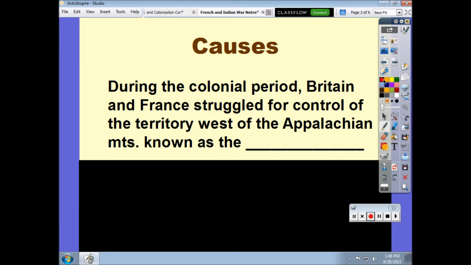They were using it at the time primarily for fur trapping of beavers. But for a long time the English really thought of the Ohio River Valley as their own. If you look at some of the older maps of the colonies, you'll see that Virginia and other colonies claimed parts of the Ohio Valley, so there was a great disagreement over that land and who owned it in the first place.